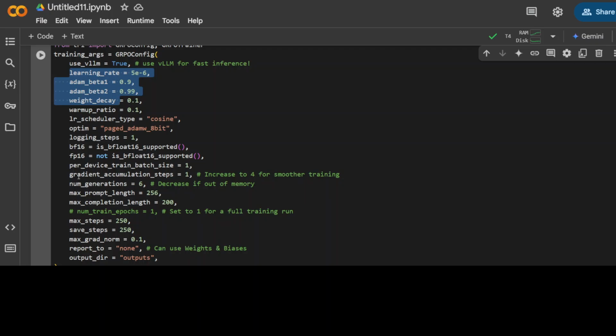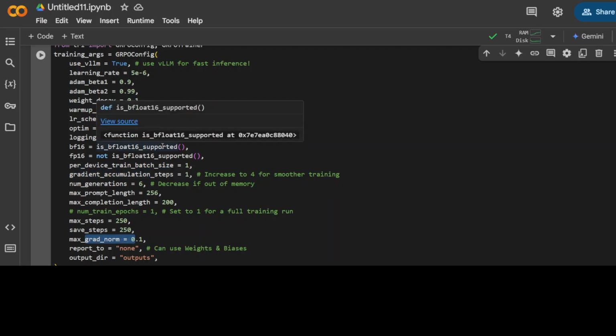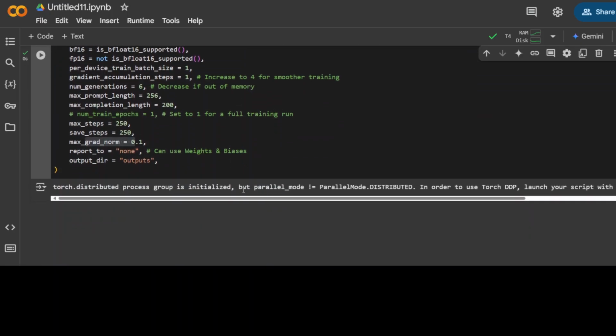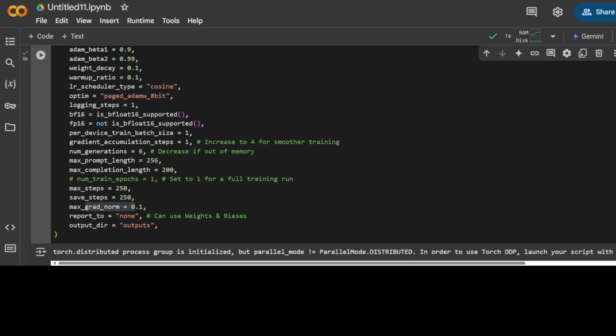And then if you see, we are setting some of the gradient stuff here and above, for example, max grad norm. This is the maximum norm of the gradient for gradient clipping, and gradient clipping is a technique that limits the magnitude of the gradient to prevent exploding. So primarily all of these are trying to make sure that training doesn't overfit or underfit, and the learning rate is balanced so that we get good results. So let me run it to initialize. So our trainer is now initialized,